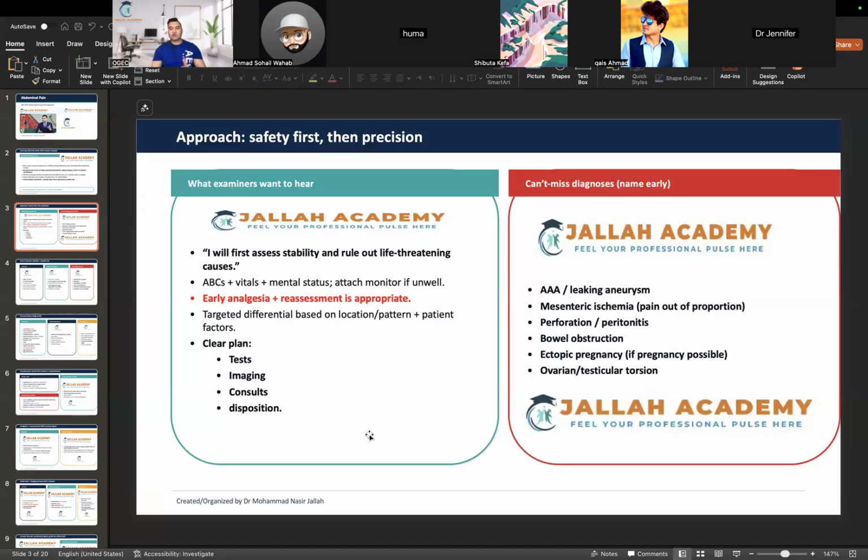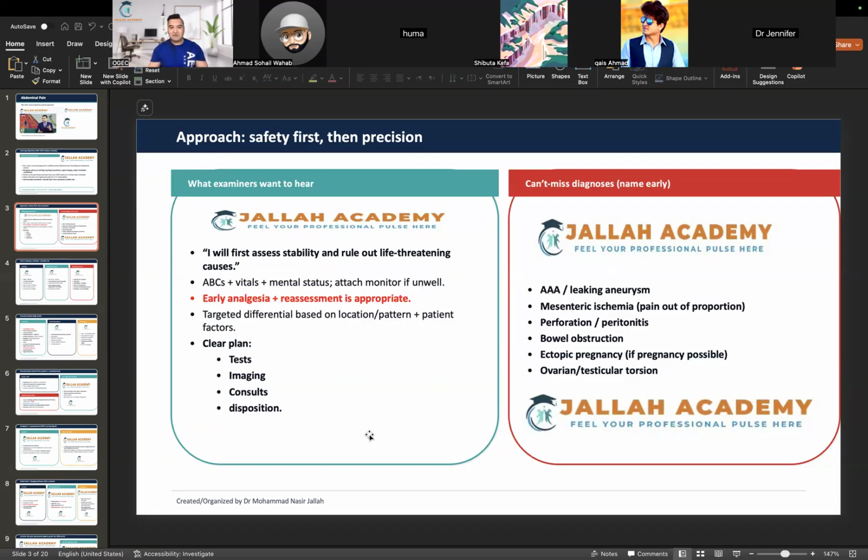Clear plan. So what is the plan that I need to have for approaching a patient who has abdominal pain? The examiner exactly wants you to think loudly. It means you need to speak up when you're doing it. I need to do the tests. What are the tests? Then mention CBC, electrolytes, LFT, liver function test, RFT, whatever. Just mention it, and you have to verbalize it. Do not think that this is so easy and basic. The examiner knows that I know it, but he doesn't read your mind, so you have to speak up.